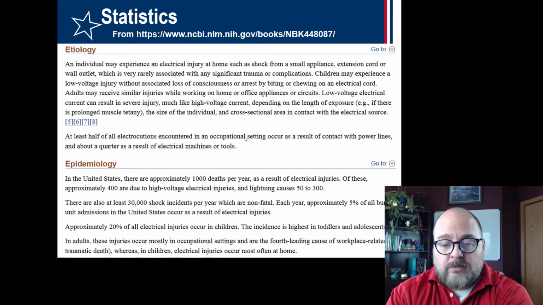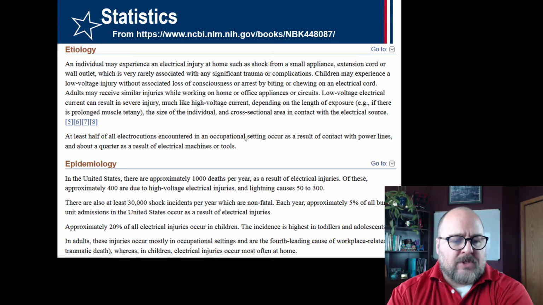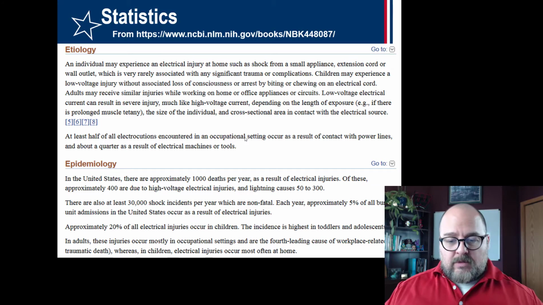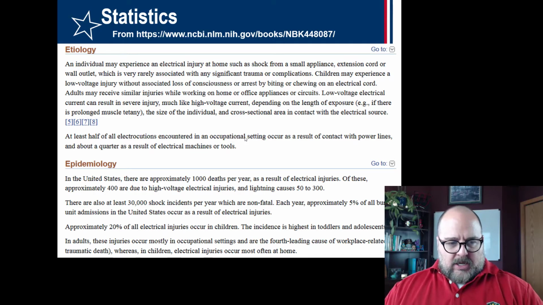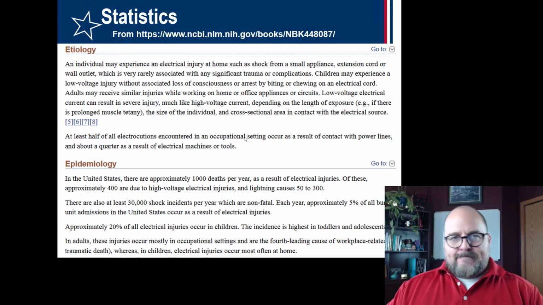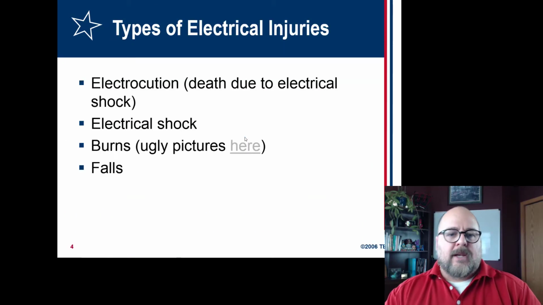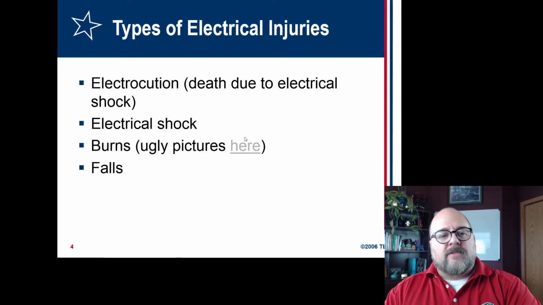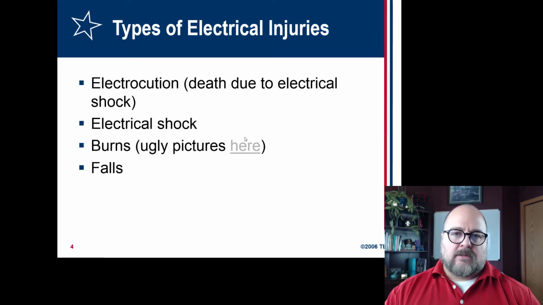I've been shocked before. About 20% of all electrical injuries occur to children, just accidental. They probably are just messing with a power cord. It's saying that it's the fourth leading cause of work-related death. Comes and goes, depending. So here's all the different types of outcomes that are a result of being exposed to